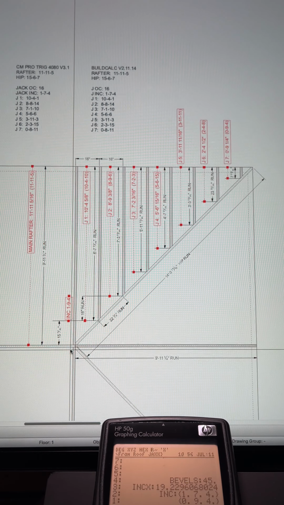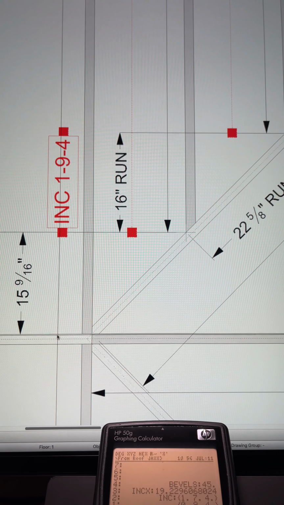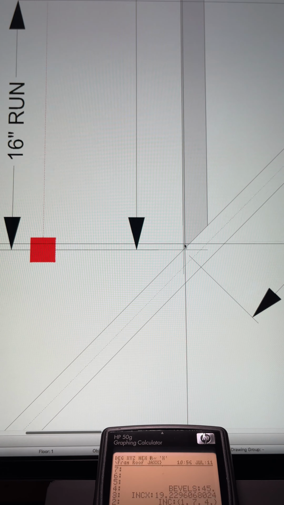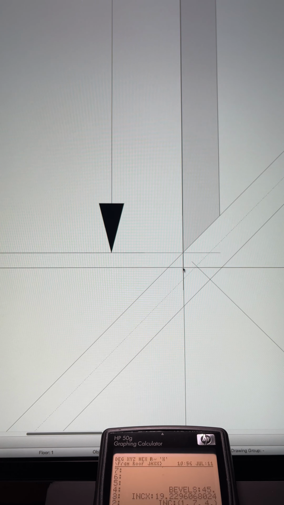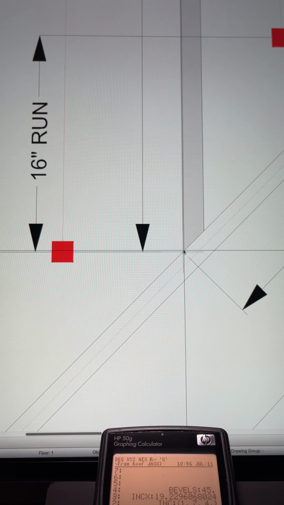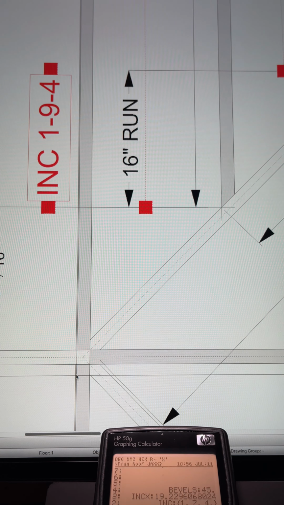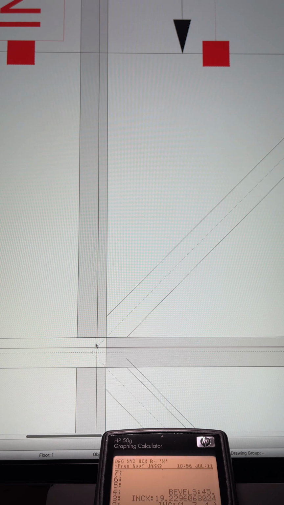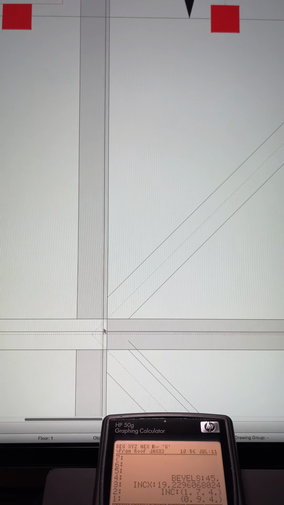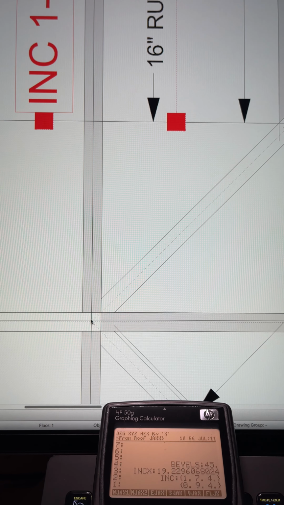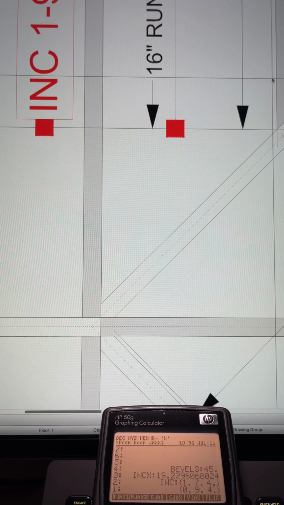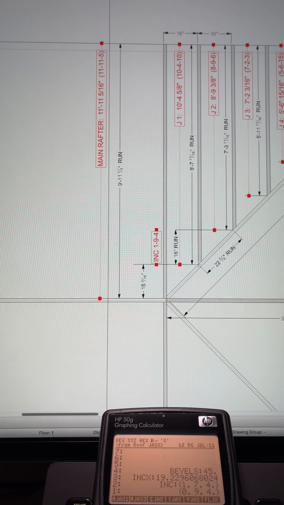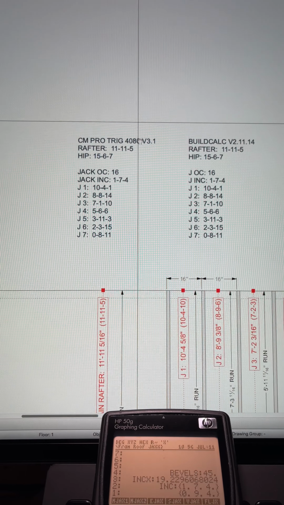And that's why the calculator asked me for the ridge thickness and the hip thickness, so that it could determine how much to take off right here. And I suspect that if I was to move these rafters over and have the edge start right here, then I'm pretty sure that would make this come over and it would be a little longer, and then it would be correct. But for now,